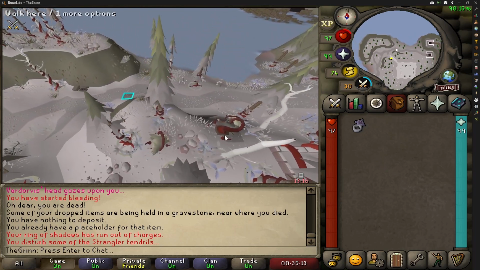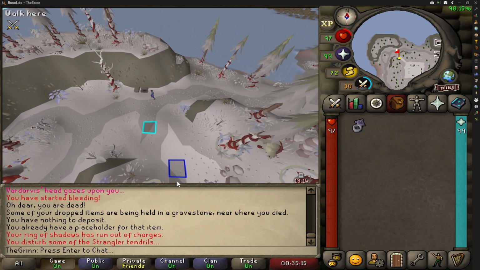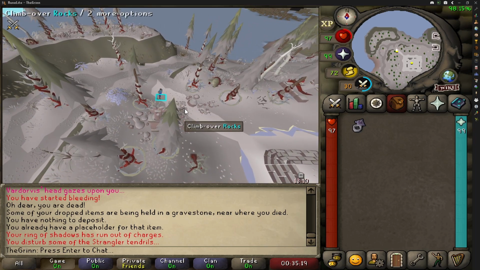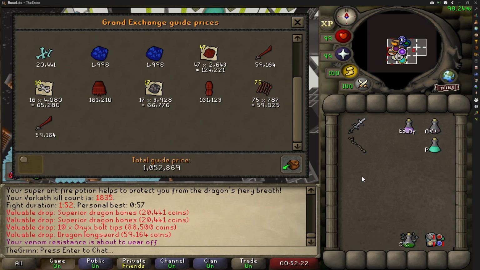But with Vorkath being such good money, I know I can AFK that boss. I'm going to go ahead and do some amount of kills there. And this is why we love the Money Dragon. One trip of 5 kills, a little over 1 million GP,